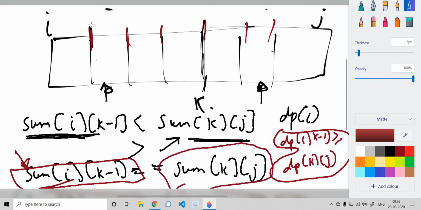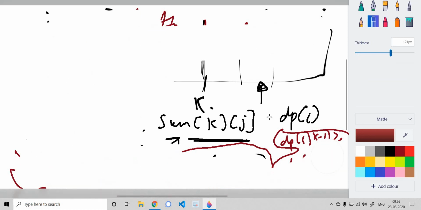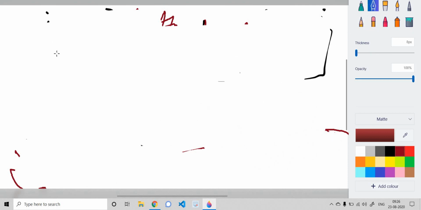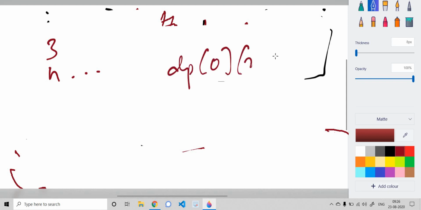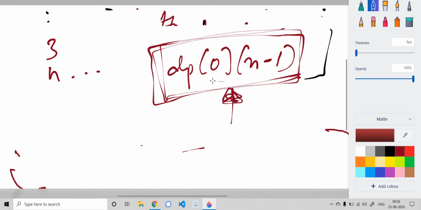Okay, so we would be building our solution from smaller such sets to larger ones, bottom up DP. I hope you have got the point. So we will first build our DP array for size 1, then for size 2, then for size 3, then for size 4, and so on, and at the end we would be able to find out the answer of dp[0][n-1], where n is the total number of stones we are having, and this would be the answer as we want to maximize this value. Let's see the code now.